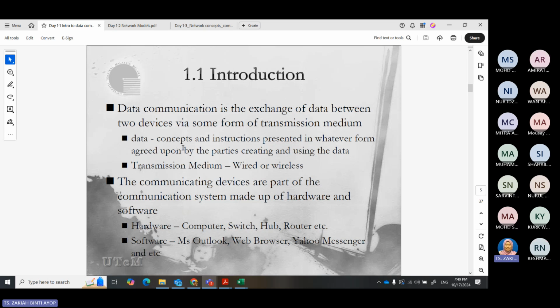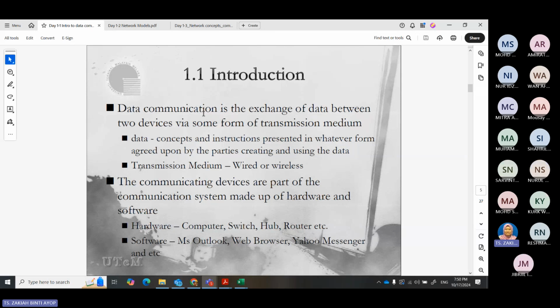So what is data communications? Basically, over time, whatever applications, technologies, or methods of communication we have, data communication must have an exchange of data between two devices, whatever devices we have so far.